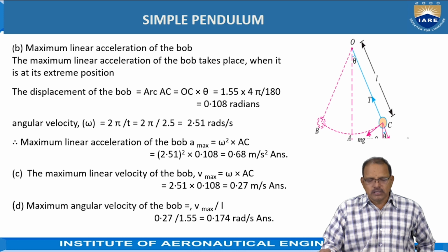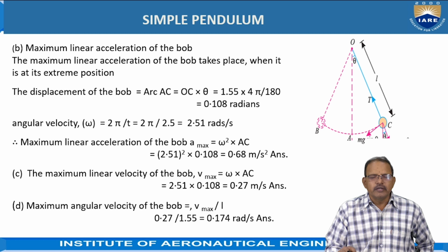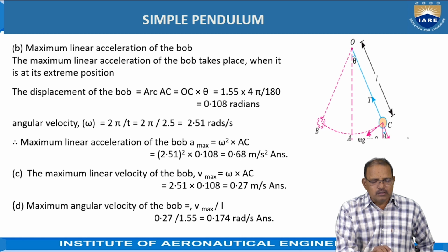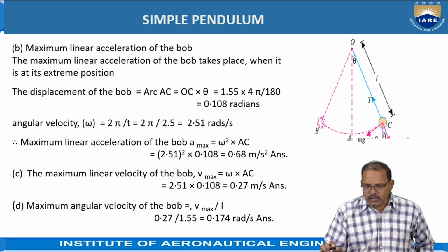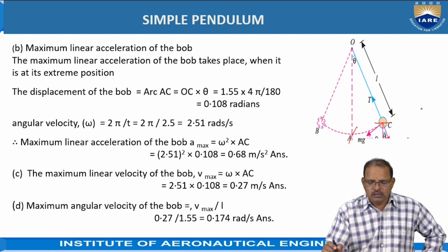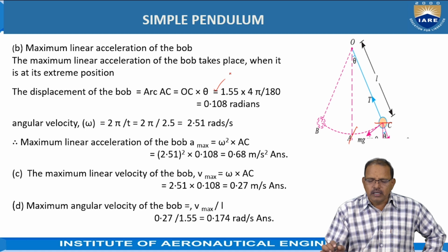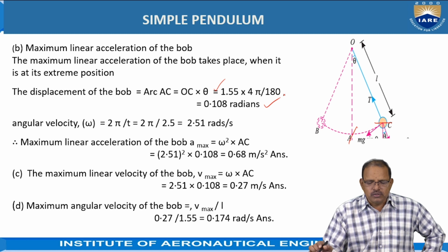B2, maximum linear acceleration of the bob. The maximum linear acceleration of the bob takes place when it is in the extreme position. So the maximum displacement of the bob is equal to arc AC, which is equal to OC into theta, which is equal to 1.55, the length of the pendulum given. Theta, expressed in radians, is equal to 4 pi divided by 180, which is equal to